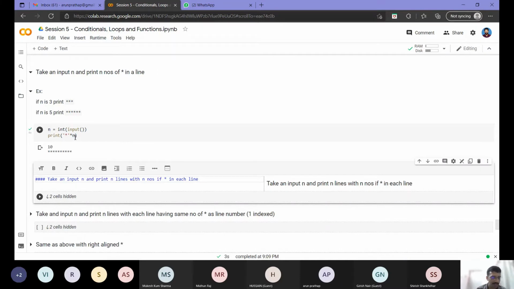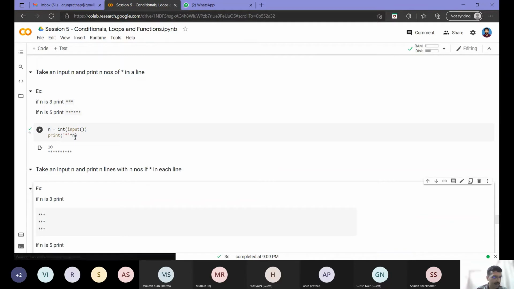I hope this is clear to everyone, right? Because we will be using this continuously in all the remaining examples. We covered this in the earlier session also. Okay, so the next task I give to you is: you take an input 10 and you print n lines similar to this. Whether you will be able to do this. So corresponding to each line, you want to have this. So if I enter 10, I need to have 10 lines with 10 stars each. How will you implement this?